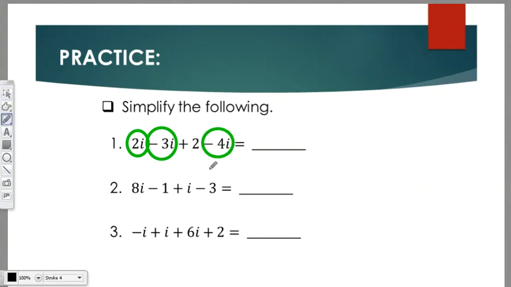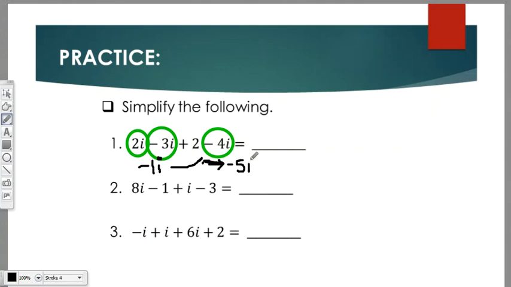Adding and subtracting is just like variables when you're dealing with i's. So I've got 2i minus 3i. Well, 2i minus 3i is negative 1i. And then I'm going to take negative 1i and subtract it from negative 4i, or I guess I should say minus positive 4i, however you want to look at it. Negative 1i minus 4i ends up giving me